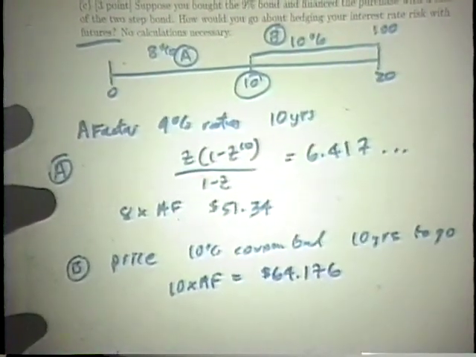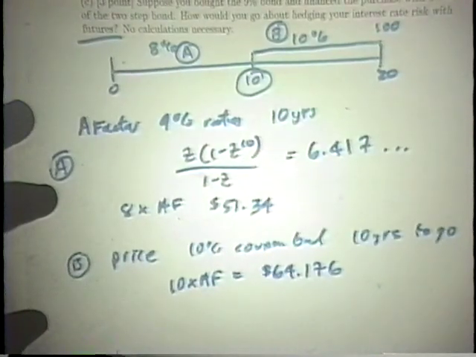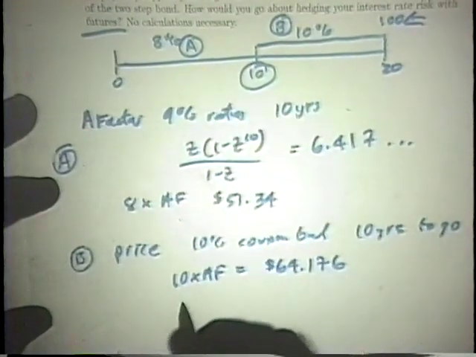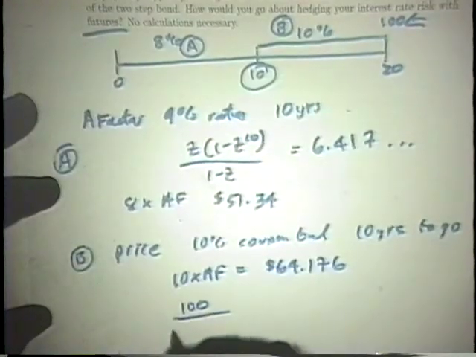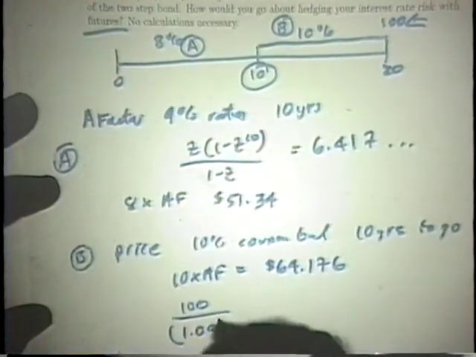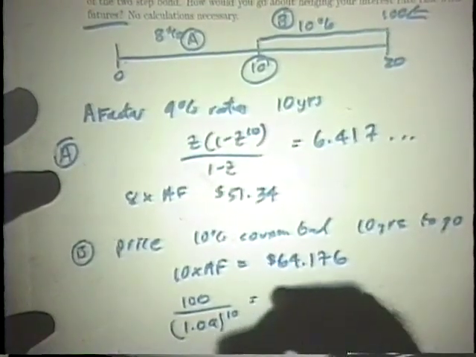But don't forget the principal, because we have $100 at the end, right? Right here, we've got $100. So we're going to take 100 and discount that back to the time, 10 years. So 1.09^10. And that part equals